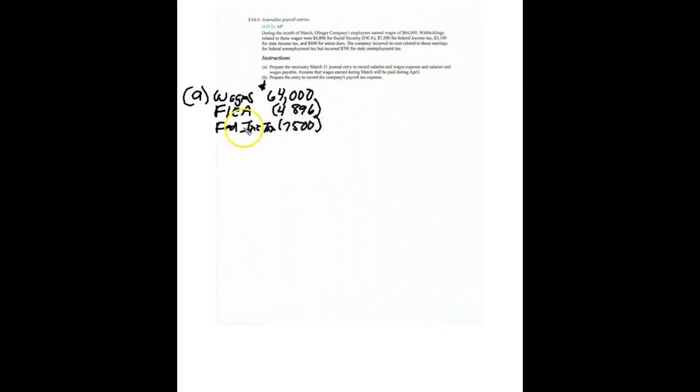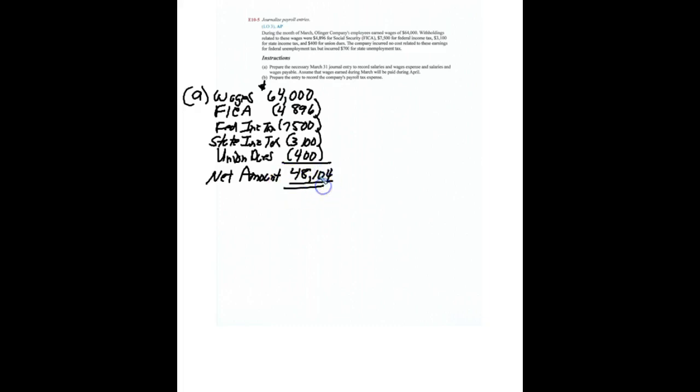In addition to that, we're going to withhold state income tax for the various employees, state income tax of $3,100. Then also there are union dues, and we withhold that, and then we will pay those for the employees. So we withhold them from their payroll checks, and then we'll turn that over ourselves. So our net amount paid, the net amount that we're going to pay, is this